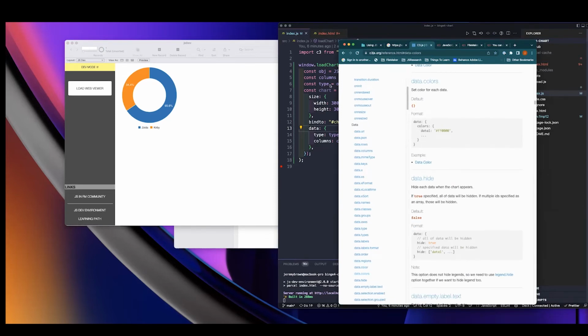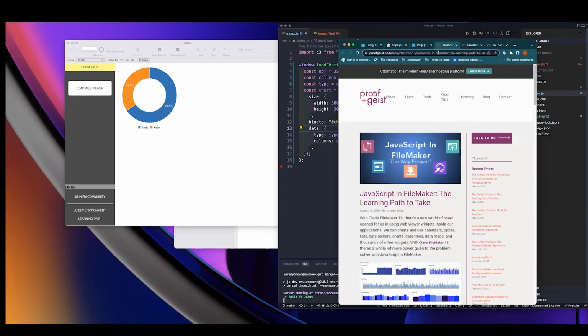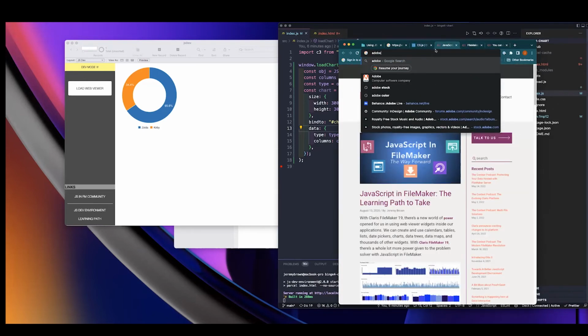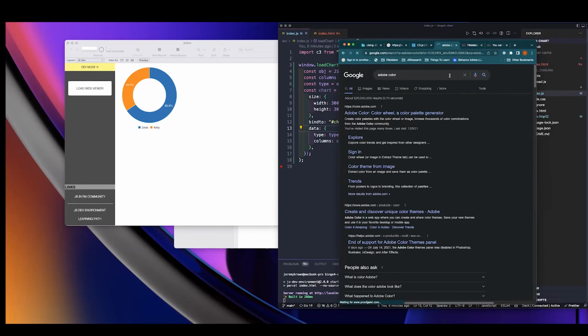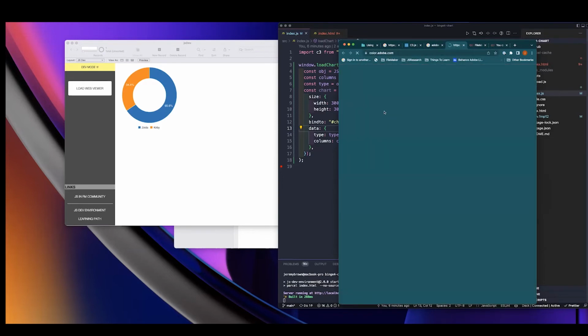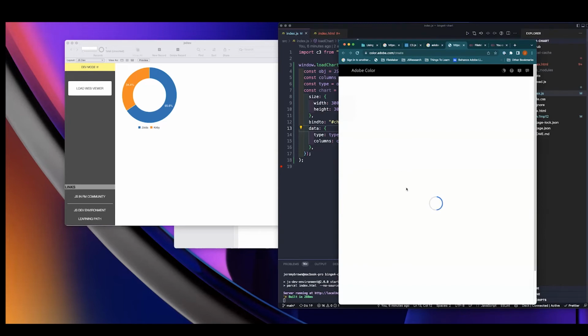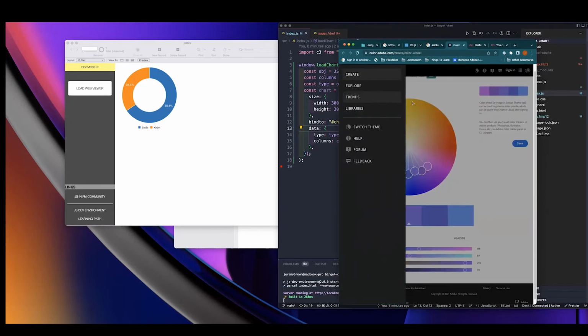So he says, all right, Jeremy, I want Zelda to be purple and Kirby to be blue, or I don't know, some color. So I can easily update that. I like to use Adobe Color to pick nice looking colors. We'll pick